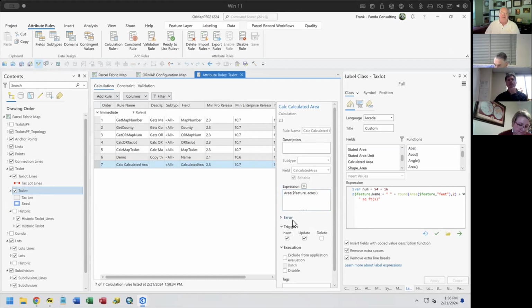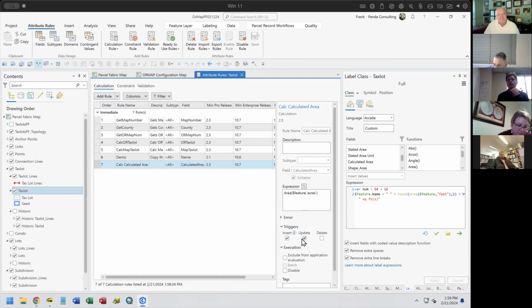And that's being done when they create a polygon or when they change a polygon or update the polygon. That update can be a geometry update, or that could be an attribute update. Update fires off anytime a change occurs in the